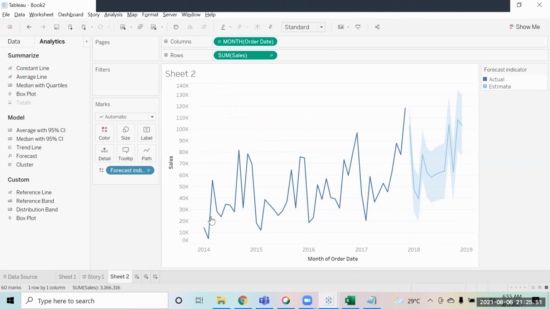Trend is how the overall sales are changing. Over a period of years, we saw that the sales have increased. So it will take those two things into consideration and forecast the data for you. This is what Tableau is predicting for the months of Jan 2018, Feb, March, April.